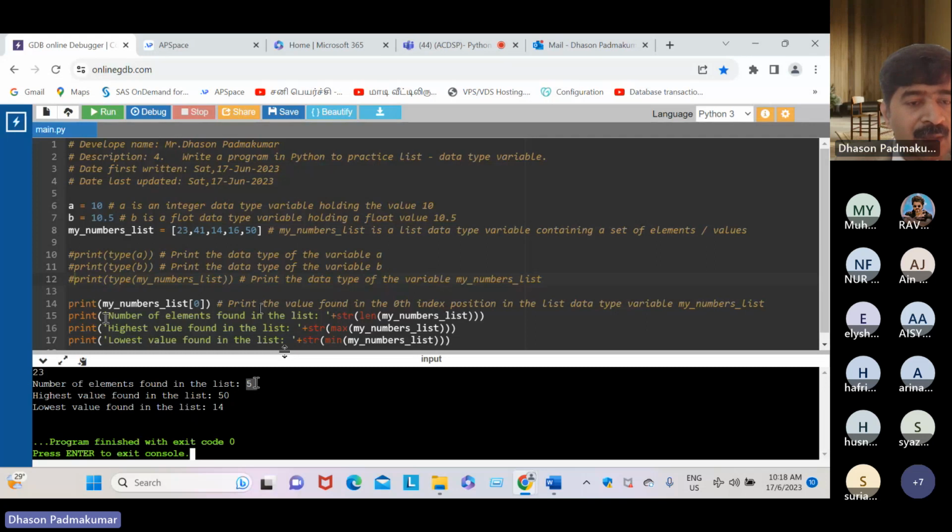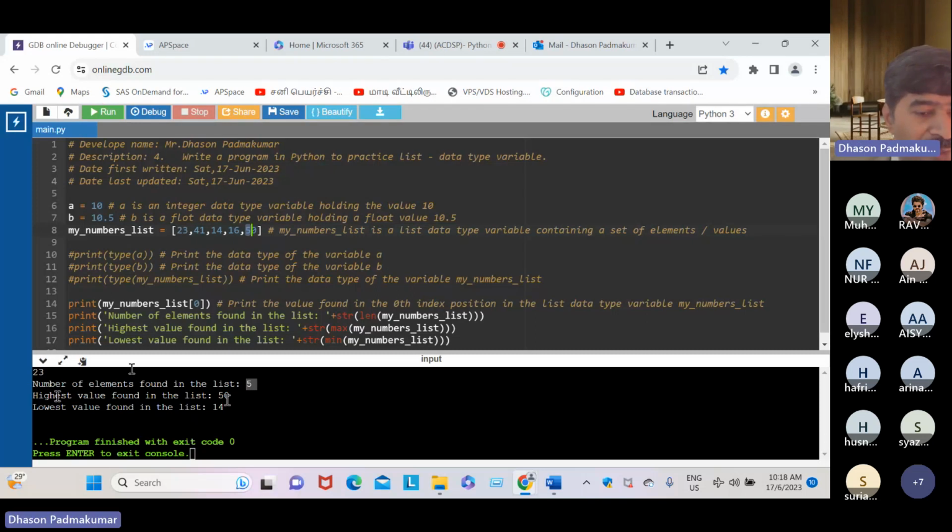5 elements. Next, which is the highest value? Let's say 15. The lowest value is 14. So imagine we have a list with billions, millions of values. We can quickly, in a fraction of a nanosecond, find which is the highest value and lowest value.